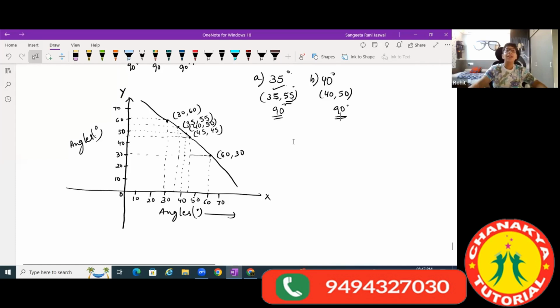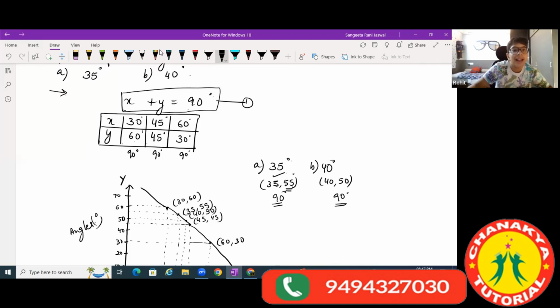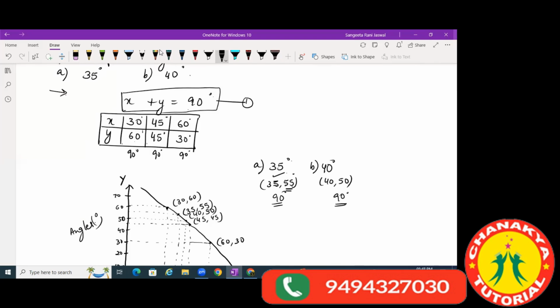Ma'am, can we directly take 35 and 55 and 40 and 50 for this question? You mean to say you take 35 and 40 and all that? Can we directly take both of these values and put them in the graph? Yes, do it. But many times these things are not given. In this question it was given, but in most of the questions you will see, these things are